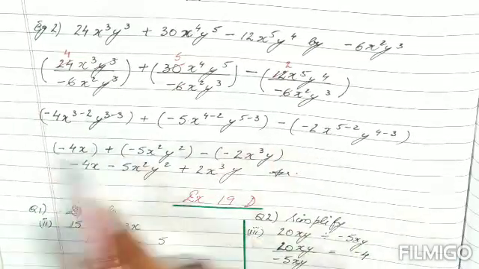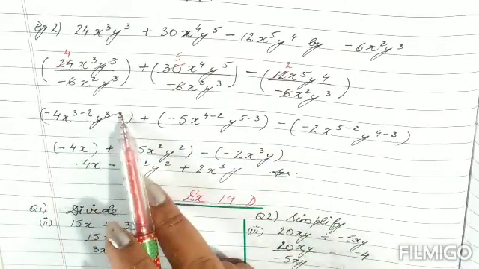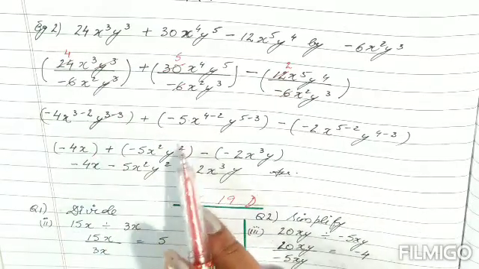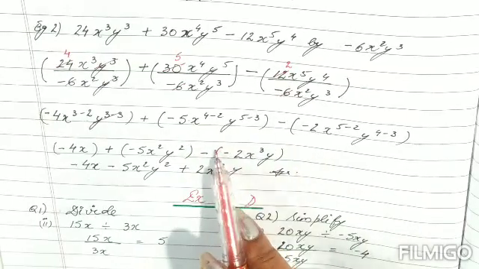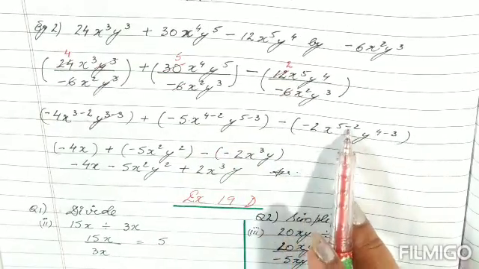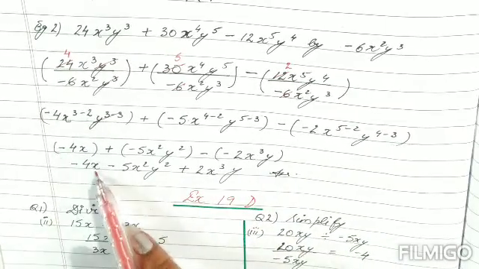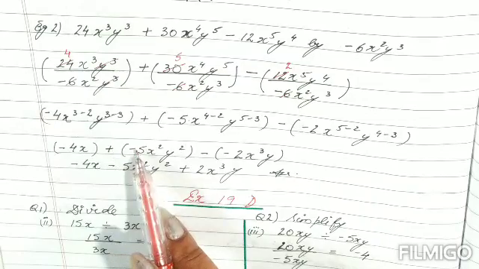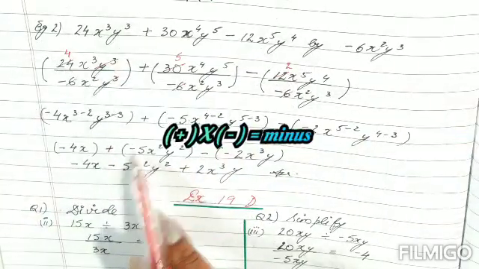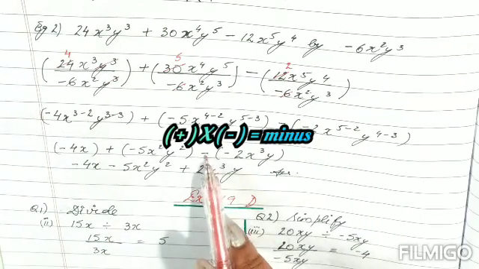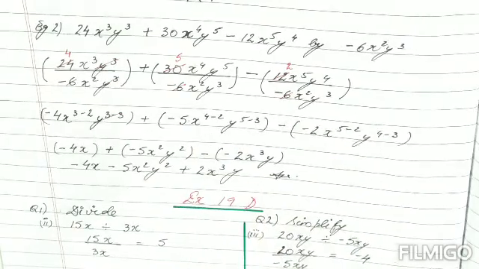Now you're going to get the final answer. So minus 4x, now y becomes 0 over here, so I have not written. Then minus 5x square y square, this minus is still there, this will become minus 2x cube y. Now removing the brackets and writing, so this is minus 4x, children, plus into minus, because there is a plus sign outside and a minus inside, so plus into minus is minus with the answer. A minus into minus is plus according to the integer rule, so this is our final answer.